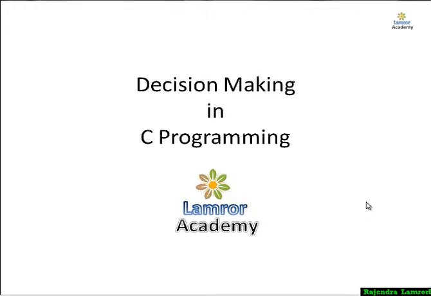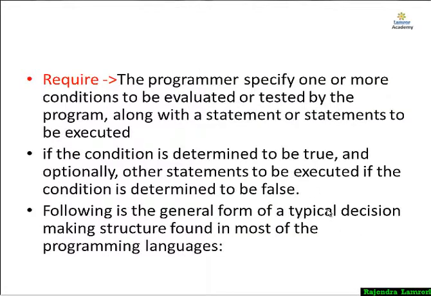I am Rajendra Lamror. I am telling about the decision making operator in C programming. Mainly, why we are using decision making and how to use it. In maximum of all programs we are using the decision making operator. A programmer wants to run a specific part of the code sometimes, or sometimes another specific part, so we need to use decision making. So we make a decision which part is done first and which part is not done, on the condition of true and false, whatever we have written in the condition.